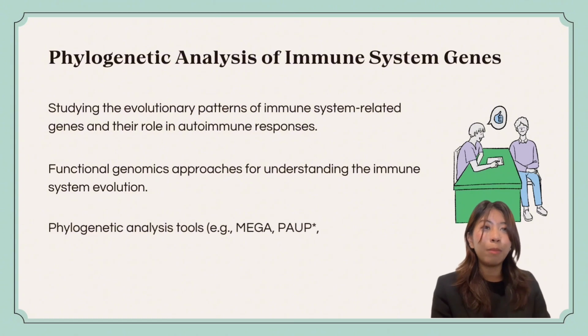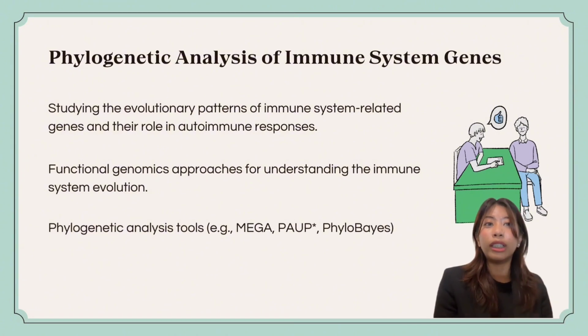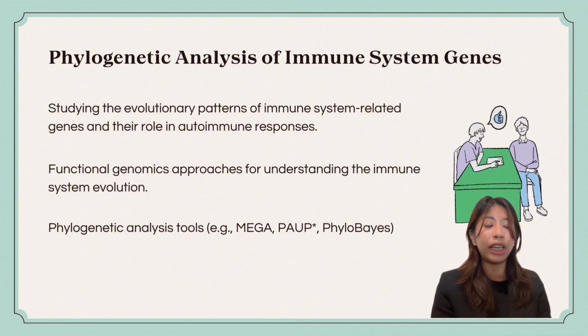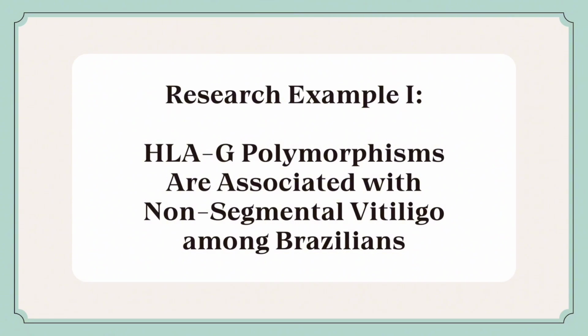Tools like MEGA, PAUP, and PhyloBase are important for this kind of analysis, because by using these tools in genetic studies, we can learn how the immune system has changed over time and how genetic differences play a role in causing autoimmune diseases. Alright, now let us go through the research example about HLA-G polymorphisms associated with